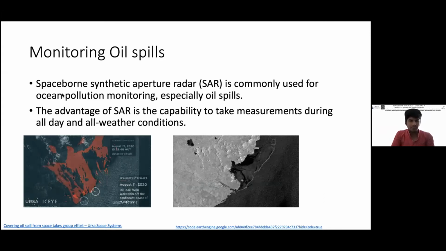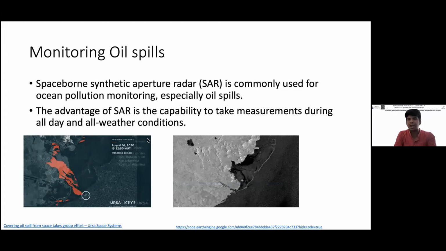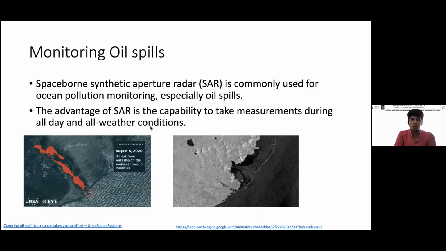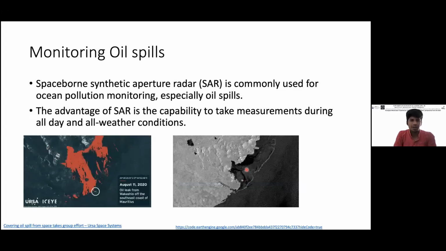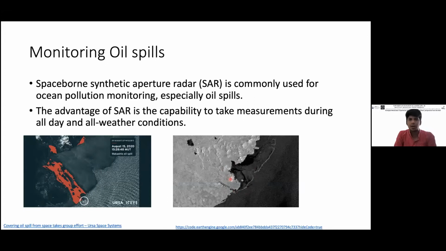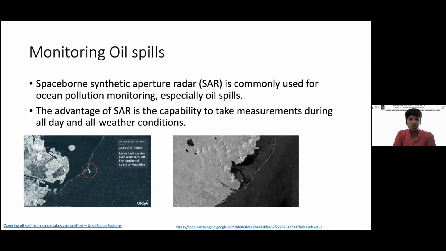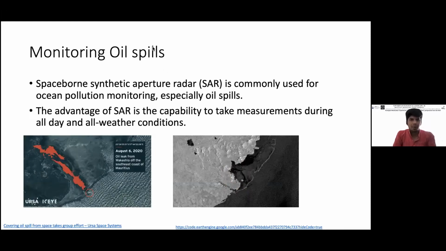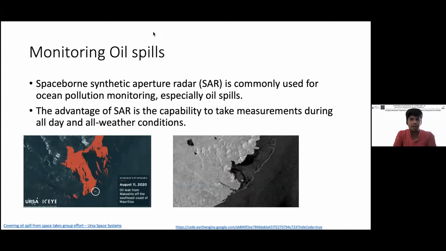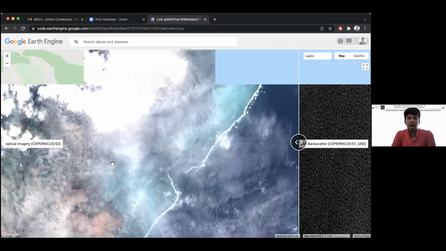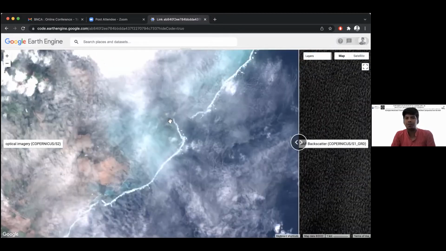So here you can see one example of how I've tried to show how the synthetic aperture radar imagery can be used to map an oil spill. So here, when you see the darker patches here, this is actually an oil spill that has happened due to a ship here. Okay, and using a simple code, for which I'll just pause sharing for a moment and share my screen again. Here you can see on one hand you have the optical imagery, and you can see the amount of cloud cover that is there. This is off the coast of Mauritius.